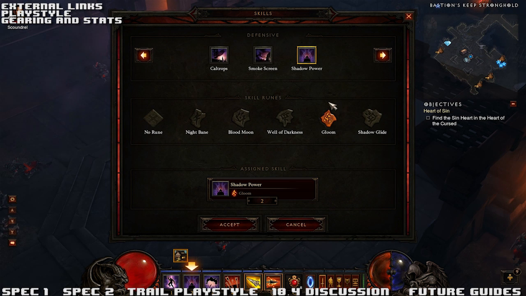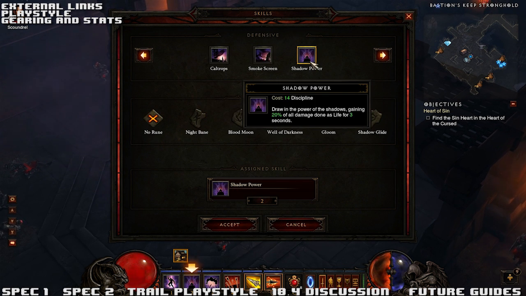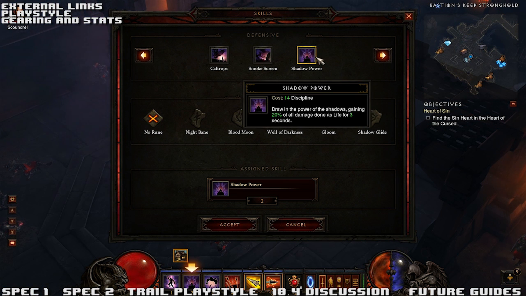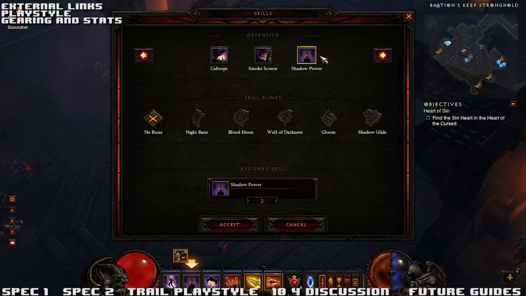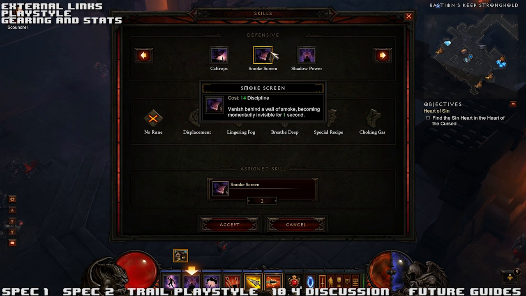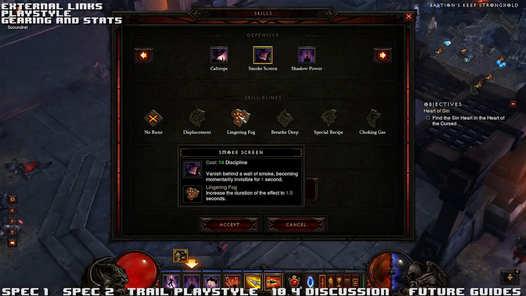Now with defensive, I wouldn't actually recommend using smoke screen. So with this build, by the way, this is kind of relying on you having a bit of, I mean, you can go glass cannon, but I'd recommend having about 200 resist all, maybe 25k health. Not necessary, you can play without it if you're amazing, but when you're vaulting in enemies, you're going to get hit. And if you smoke screen with Lingering Fog, and you vault in, you only have 1.5 seconds to vault